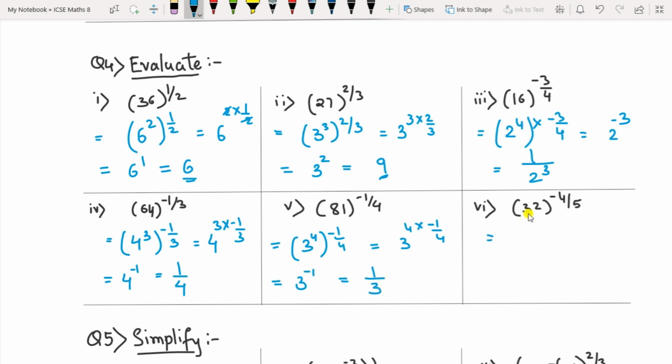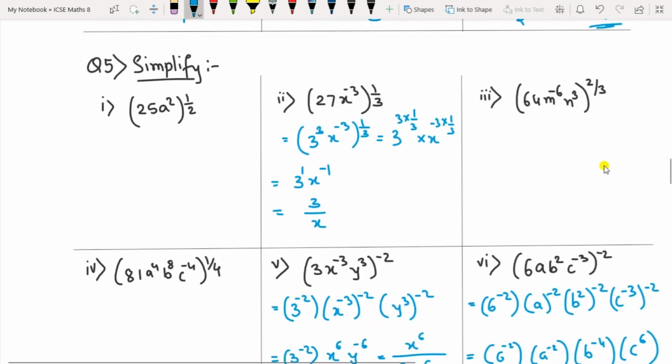Again here it is 32. 32 is 2 raised to 5 raised to minus 4 by 5. Here 5 get cancelled, it will remain 2 raised to minus 4. So that becomes 1 upon 2 raised to 4, so it is 2 into 2, 2 into 2, so 2 2s are 4, 4 4s are 16, 1 by 16 is the answer. Similarly for this you can write it as 1 by 8. Okay. This was the fourth question.